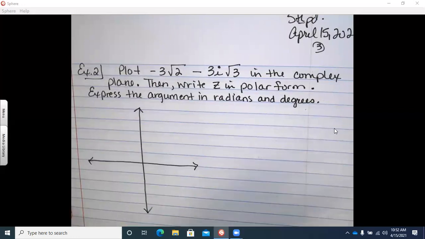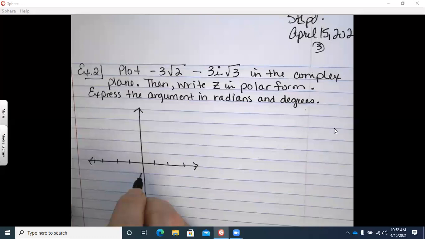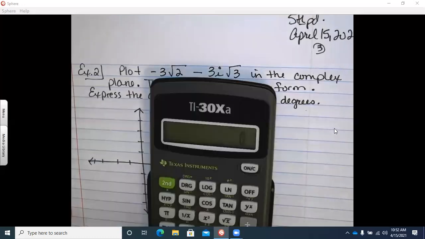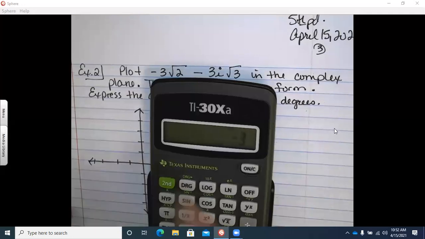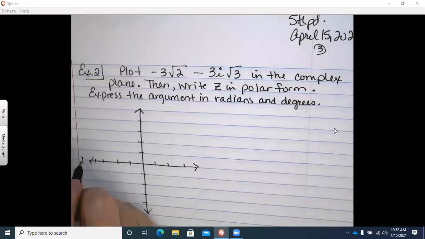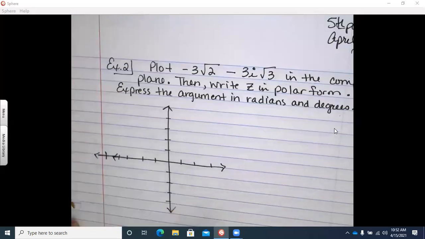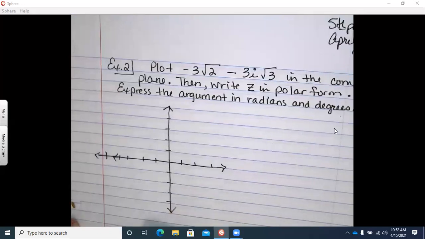And I mean, we don't have to be so precise. It's most important to know what quadrant we're in. But negative 3 square root of 2, let me just see. Negative 3 times square root of 2 is approximately negative 4.24. And my graph looks kind of crazy. And negative 3 times square root of 3,